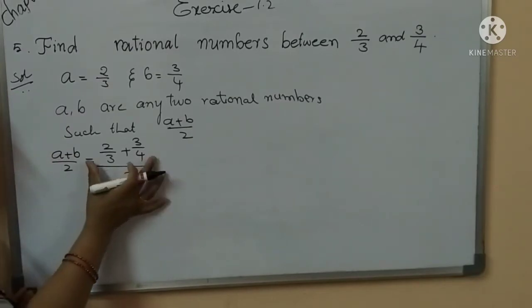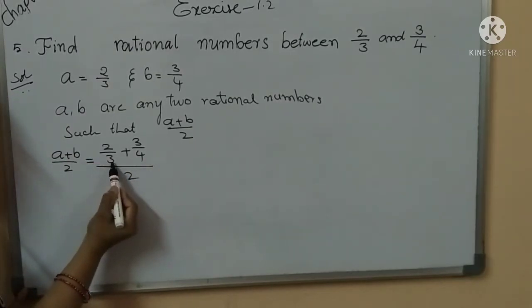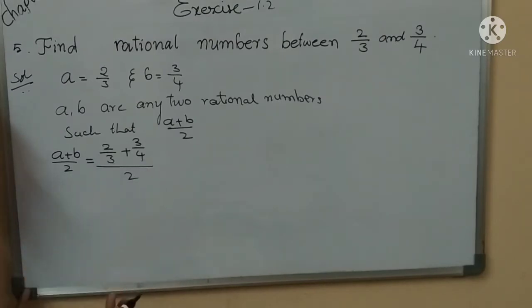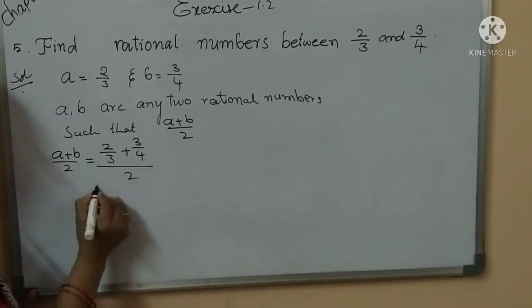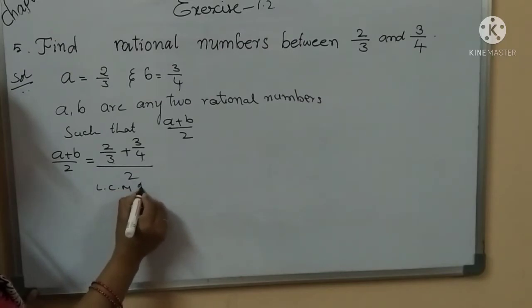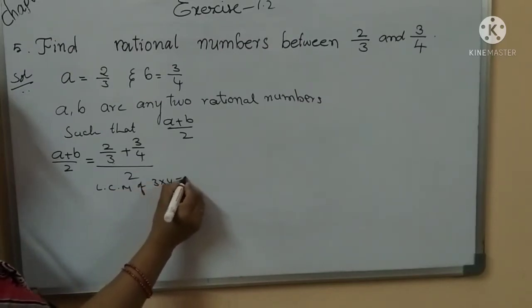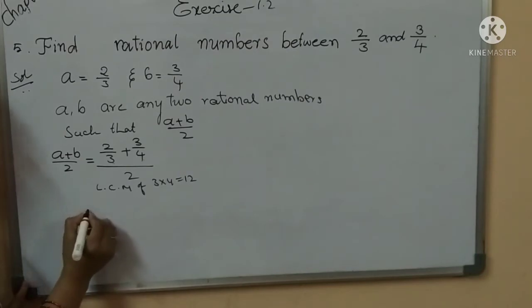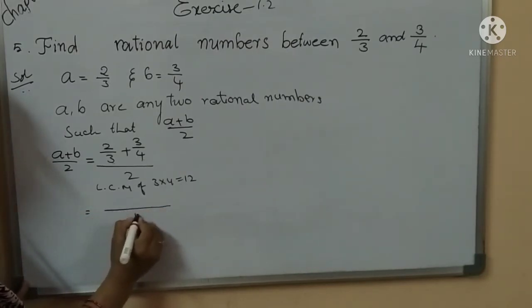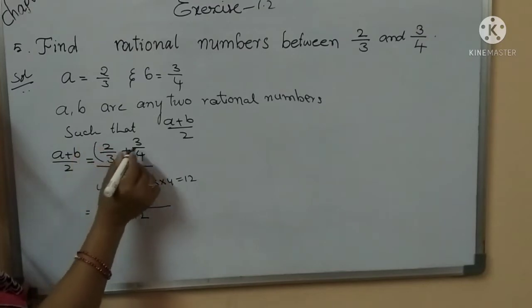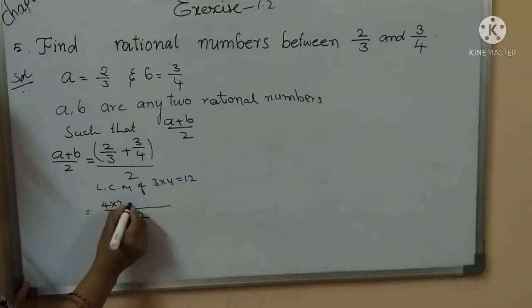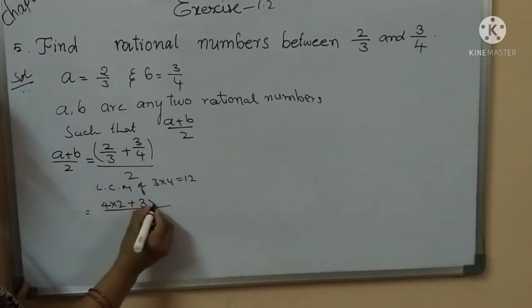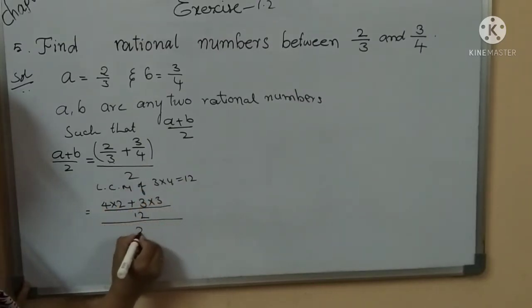Observe that the numerator is one group. These two denominators are different, so here tables are not possible. So the LCM is 3 into 4, LCM of 3 and 4 equal to 12. Write LCM is 12. For this first group, 12: 3, how many times possible? 4 times, so 4 into 2, plus 4, how many times possible? 3. 3 into 3, by 2.